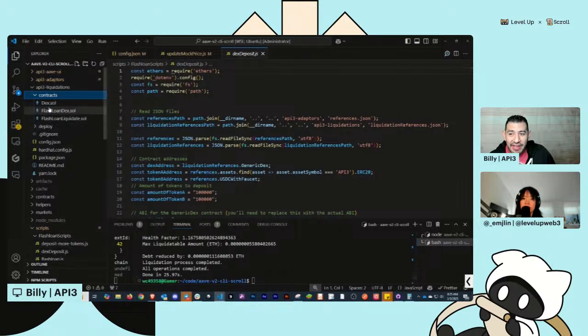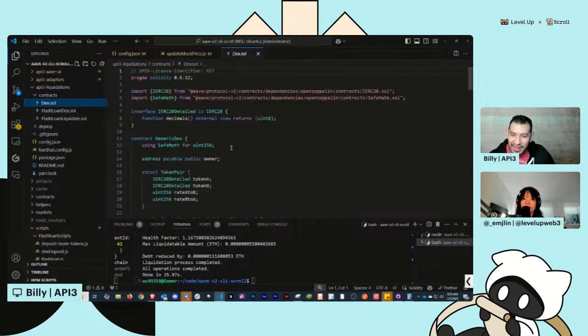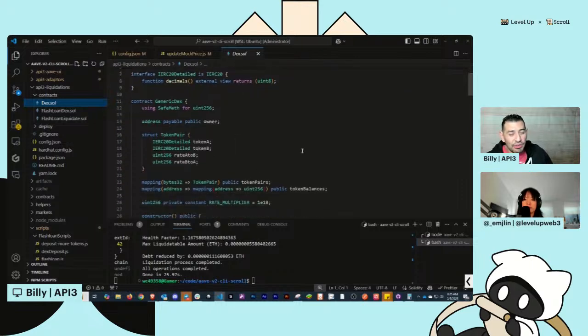So I have this simple DEX. It's not as complicated as Uniswap. It's a very, very simple generic DEX. Handles token pairs. Doesn't have a factory. Doesn't have a router or anything. Every swap you do, for our intended purposes, gives you a 10% bonus. So no matter what you swap, you always come back with 10%, so we can pay back our loan, right? For the demo, that's what we need to do.